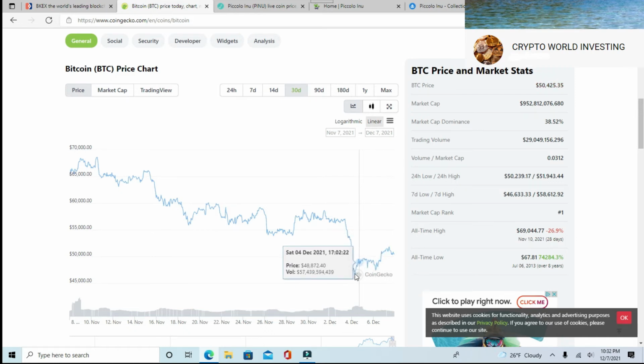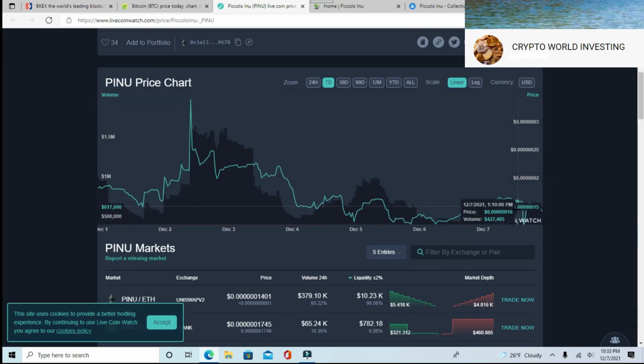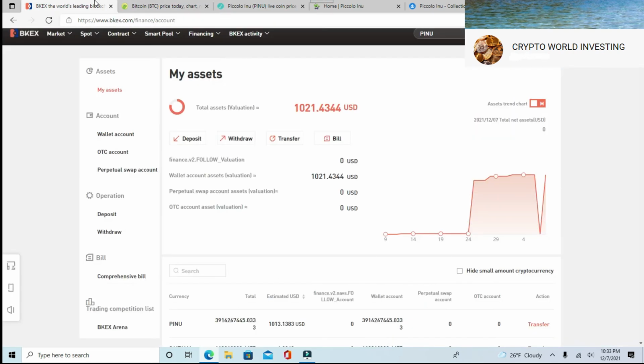It was down to almost 16 cents. I think it's right around 17 and a half, 18 cents, somewhere around there. So it's been a weird couple of days. So I believe it's sort of following the same trend as all the other coins. So we'll just keep an eye on that. But right now, Piccolo still looks like a good coin to hold on to. We've had a little dip here today, which is sort of interesting, but we'll keep an eye on it. But everything else looks pretty good for Piccolo Inu, so I would choose this to hold on to